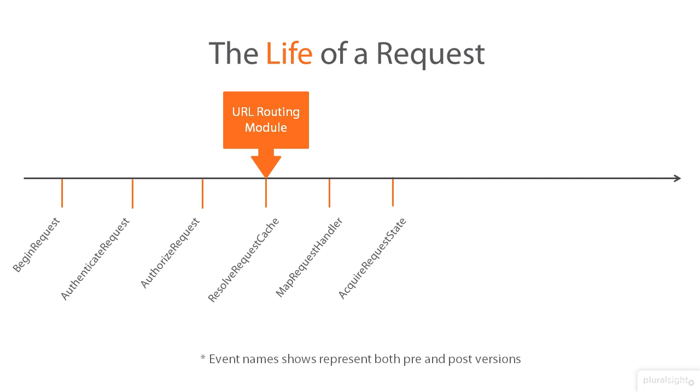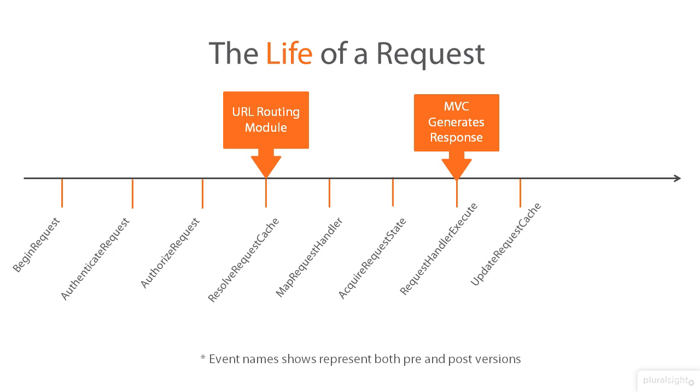Our MVC handler actually executes during the pre and post request handler execute events. We will look more at this handler later on, but it's between these two events that most of the MVC framework executes. A controller is built, an action method is selected, and all the other MVC concepts you're familiar with run their course. After the MVC handler has executed, other events fire that deal with more of the supporting services